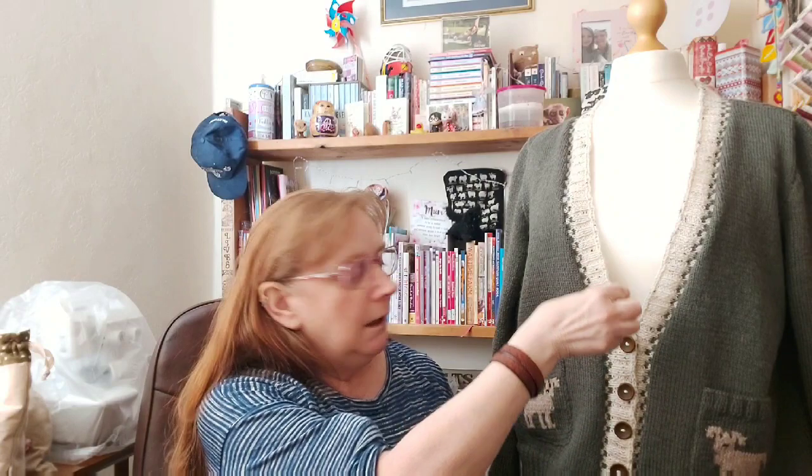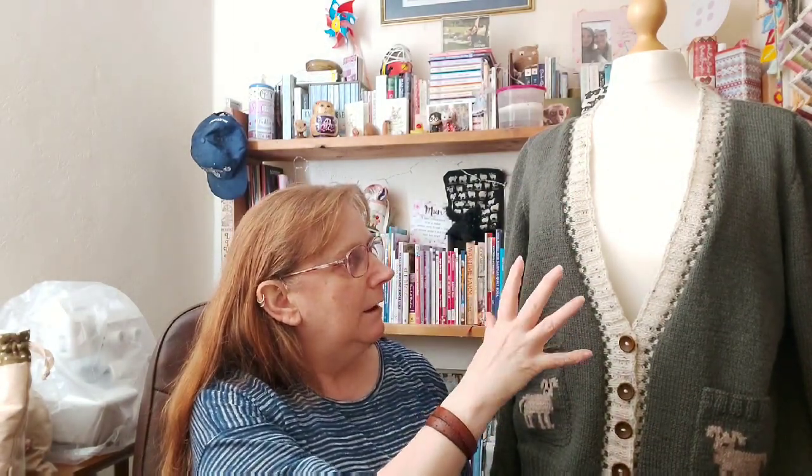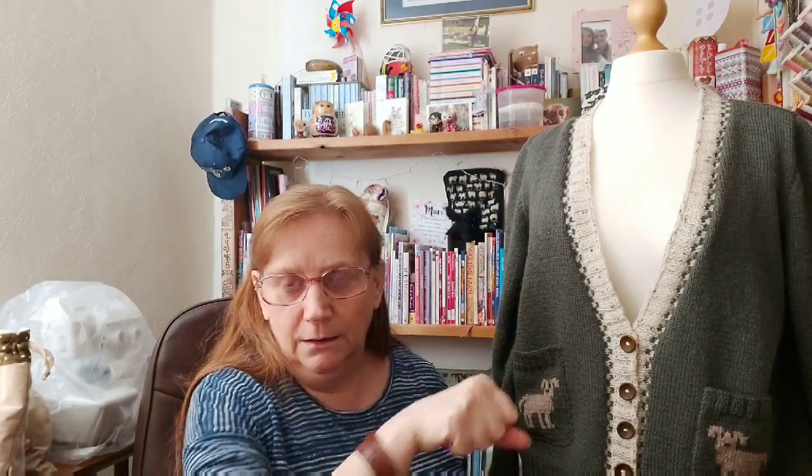What I will say is I blocked all the pieces, and then I mattress stitched them all together, and then I put the band on, and then I steamed it with a handkerchief on it, and my iron. And while I was actually stood in here in my room doing it, you could literally smell sheep. It was amazing, and it just smelled like